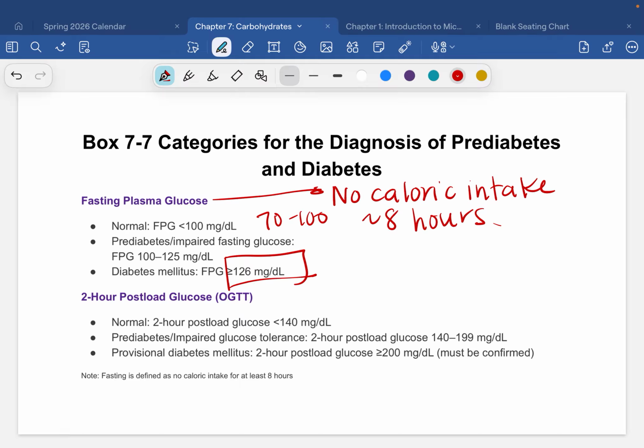Okay, and then these are also diagnostic criteria that are based on what we call postprandial or post-load glucose. And this is what is normally used during pregnancy, because asking a pregnant woman to fast for 8 hours is basically torture. But 2 hours, so this is what is typically used to diagnose gestational diabetes. It can also be used for type 1 or type 2. But in a typical or normal person, 2 hours of post-load glucose, so 2 hours after you consume a bunch of food, your glucose should be less than 140.